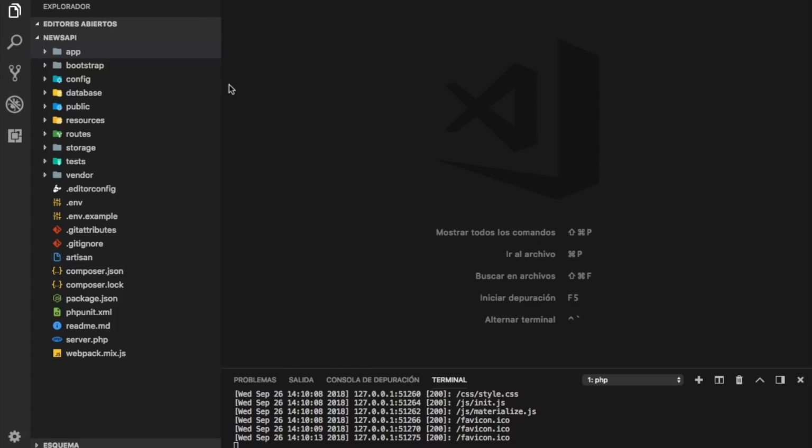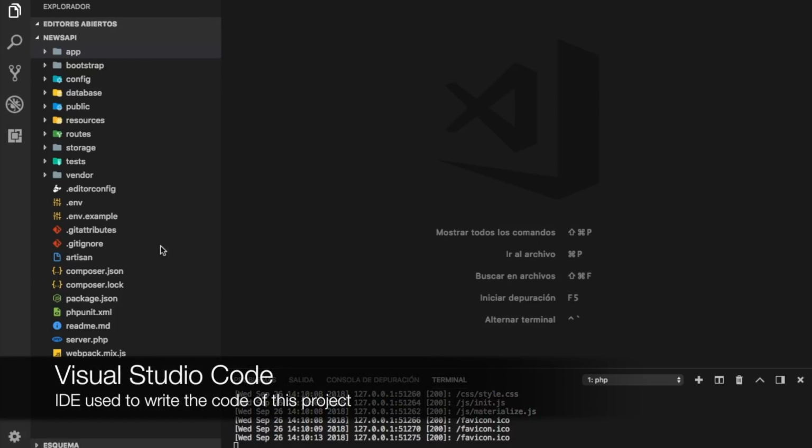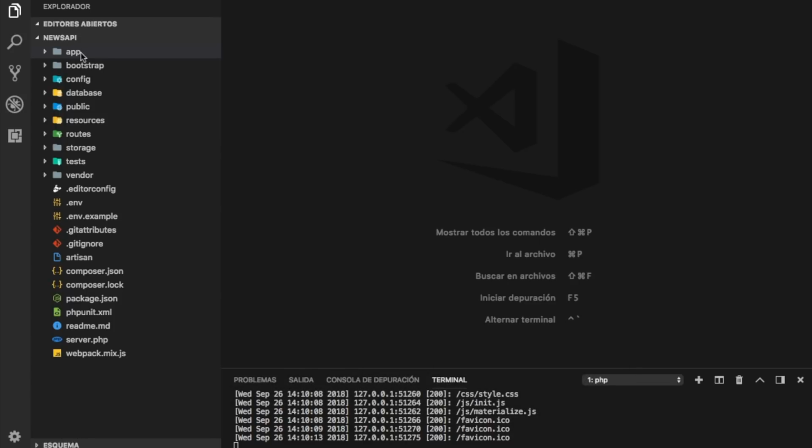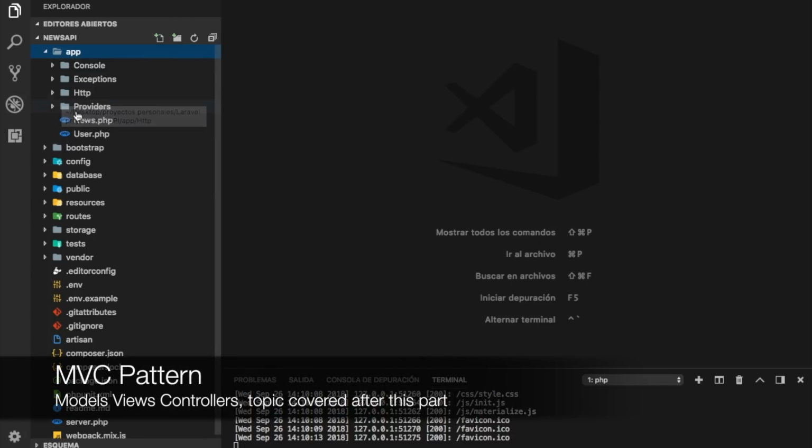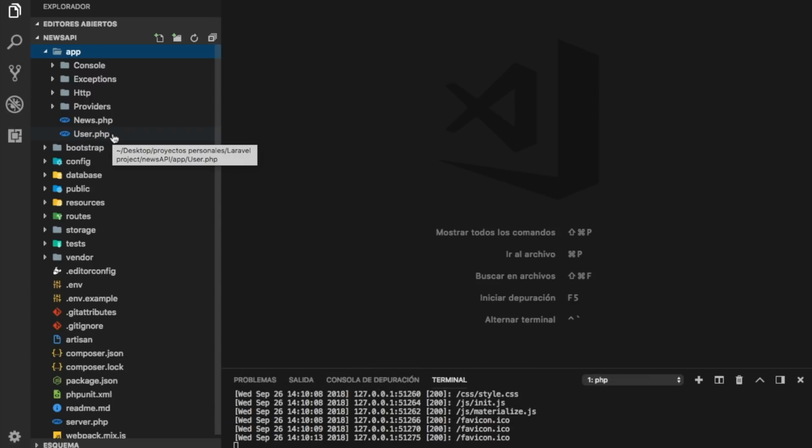This is the structure of a Laravel project. It seems to have too much content, but many of these files are config files and boilerplate code added by Laravel. The app folder is where you can find the models. In this case, we have the model that comes with every Laravel project, the user's model, which is useful if you want to implement a login system. And the news model. This model was created by me in order to represent the news table